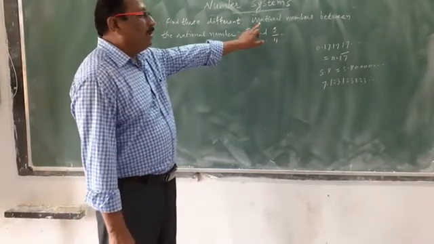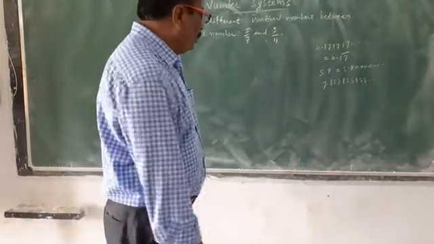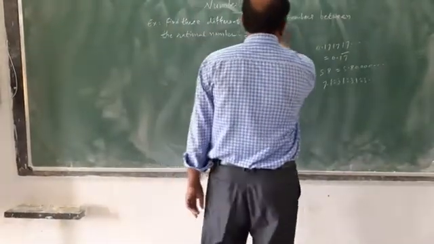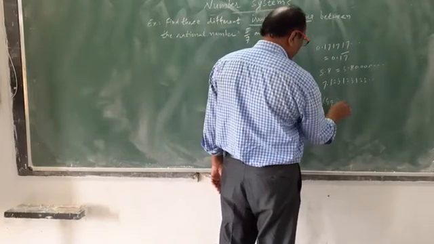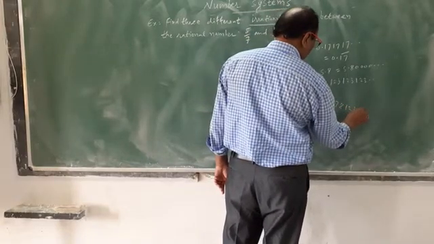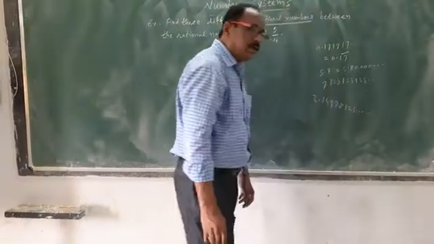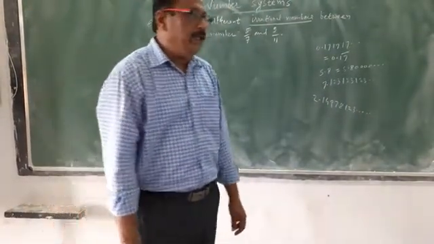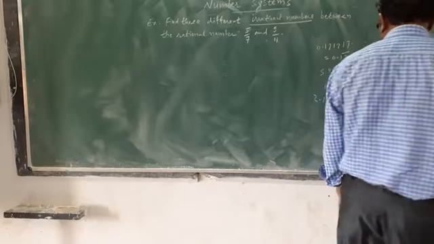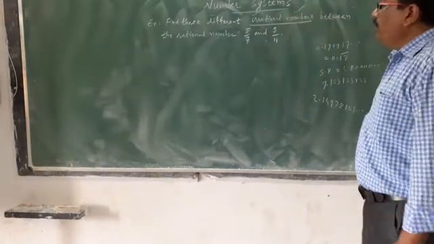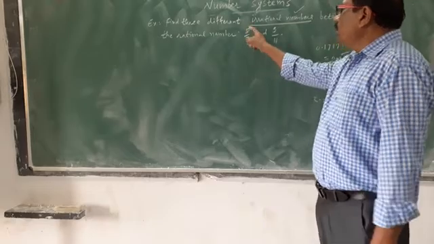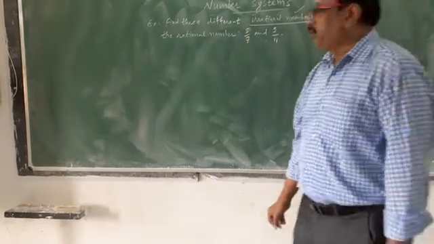We have to find the irrational number between these two. Irrational number means what? Irrational number means 2.1497812 like this. In these numbers, no digit is repeated. Non-terminating and non-recurring. It is irrational number. Here, first we see what is 5/7.